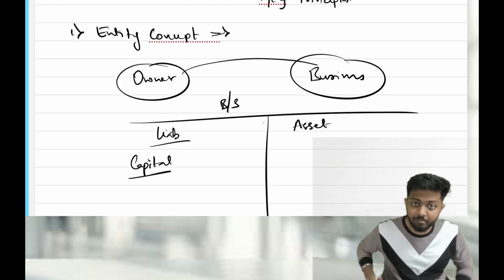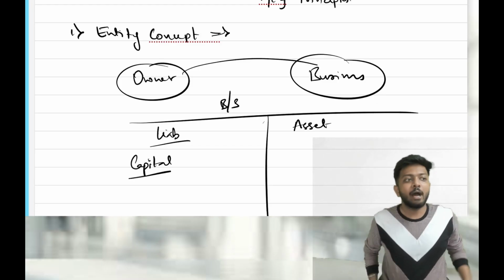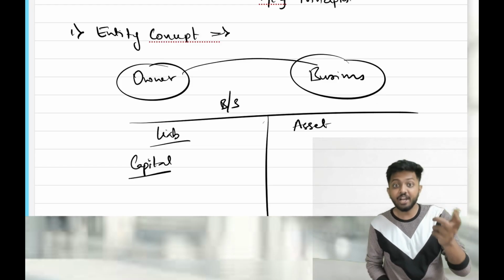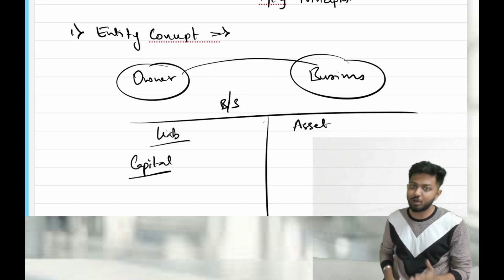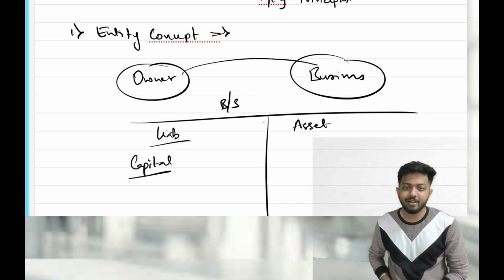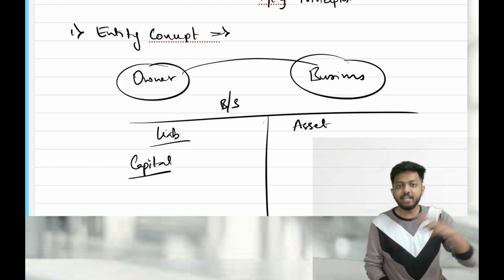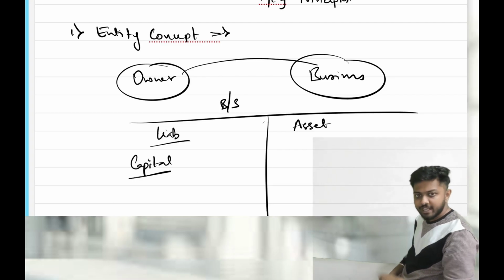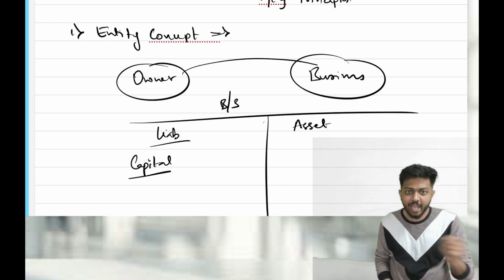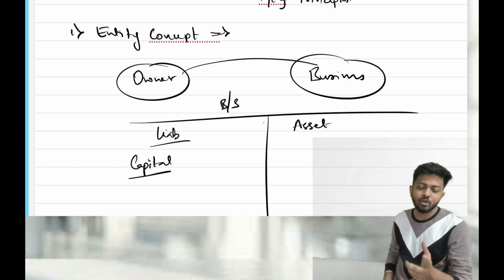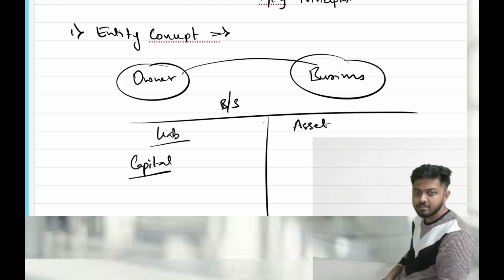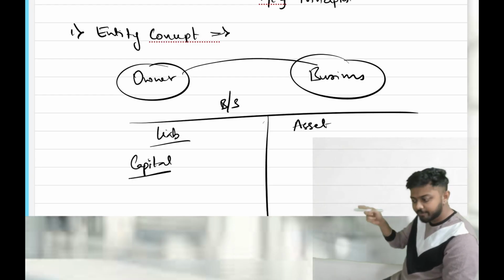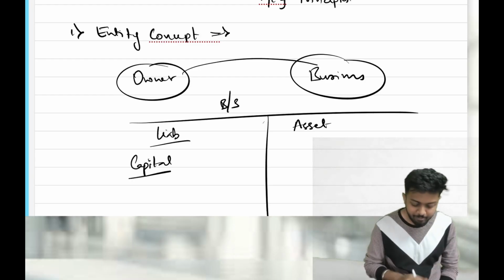So one example of treating them differently is, whenever money is contributed to the business by the owner, then we treat it as a transaction. We pass a journal entry, cash account debit to capital. Why do we pass? Because we are considering them as two different people, correct? Now, if the owner withdraws any money from the business, even then, what will happen? That is also recorded. Drawings account debit to cash, or if he withdraws goods, then drawings account debit to purchases. We pass this entry, yes or no? Why are we passing? Because of the entity concept. Because we treat entity and owner as two different people as per the entity concept.